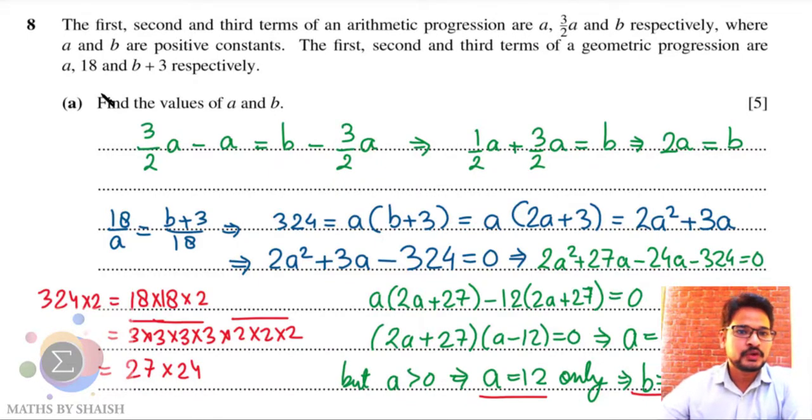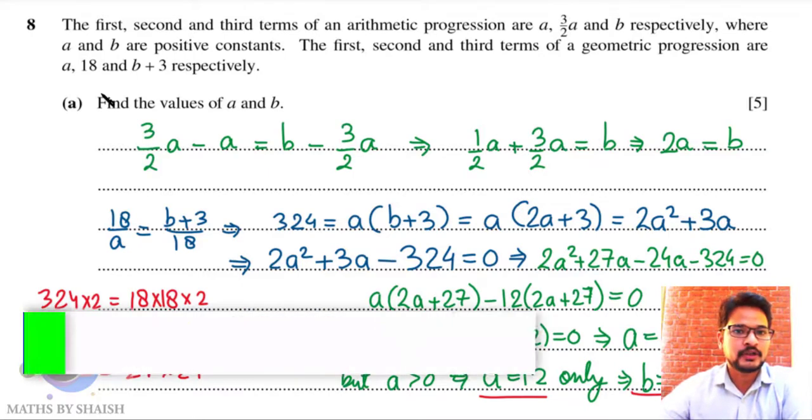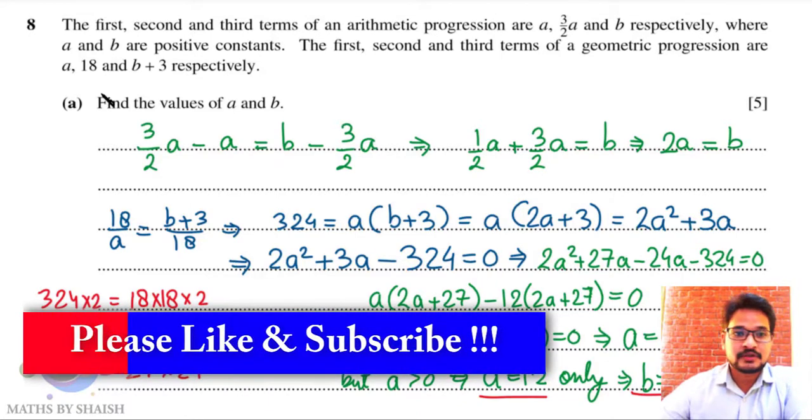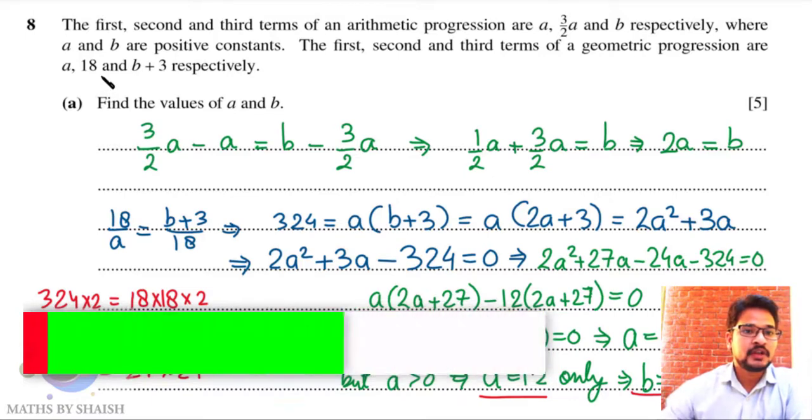Today in this video we are going to discuss Cambridge IGCSE and A-Level last few questions of Pure Mathematics 1 from May 2021. It is 970912. So here's the 8th question. The first,